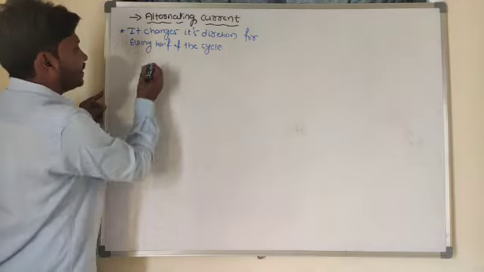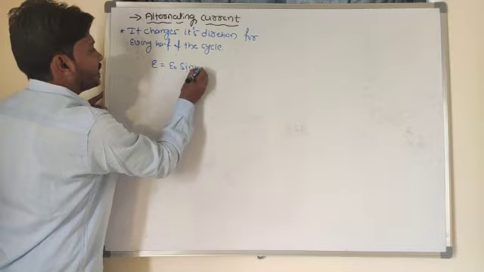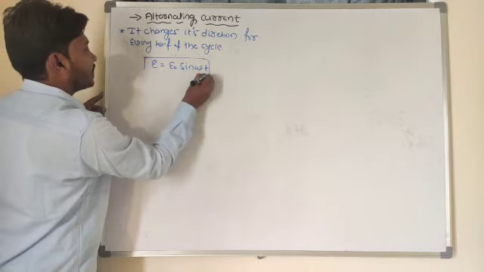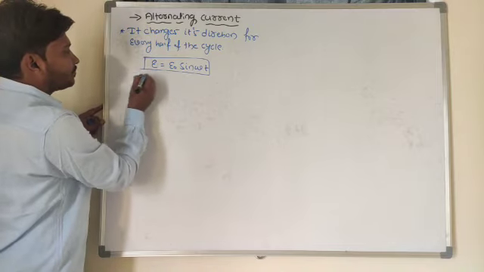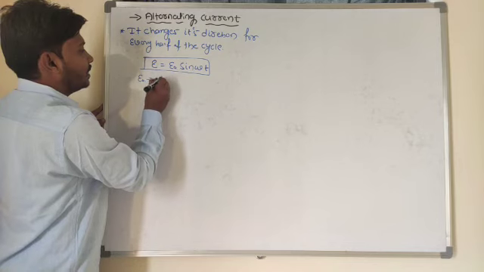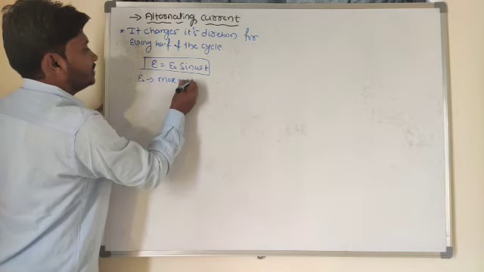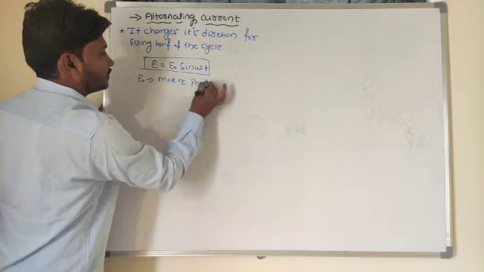So in case of alternating current, from the AC generator we get the expression for alternating voltage. So what's that equation? E is equal to E naught sine of omega into T. So V is equal to V naught sine of omega into T, where V naught represents the maximum or peak voltage.